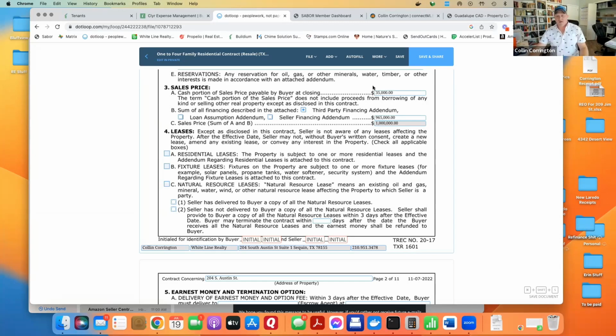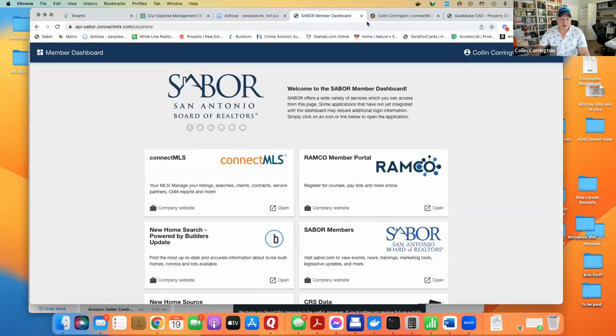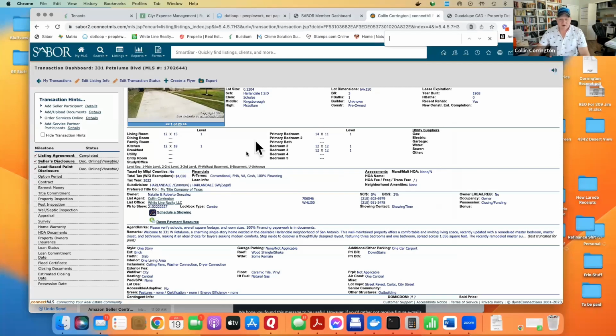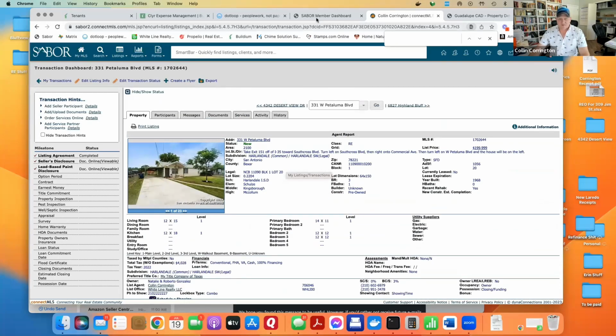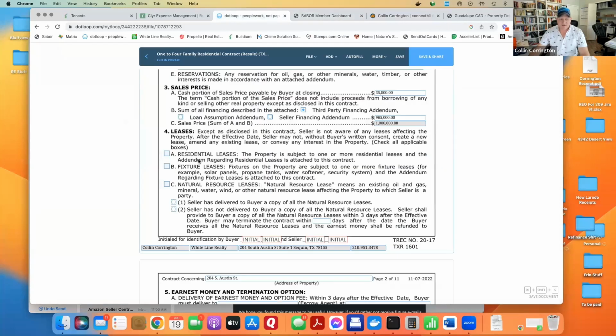Okay. Guys, how do I know if there's a lease on the property? You don't. There's no way to look that up. It's not documented anywhere. The only place you could possibly find that would be here in the listing in the MLS. So pay attention, read through these things, guys. Not all this stuff is on here just for fun and games. So read through and find out if there's a lease, because you're going to want to check saying, yes, there